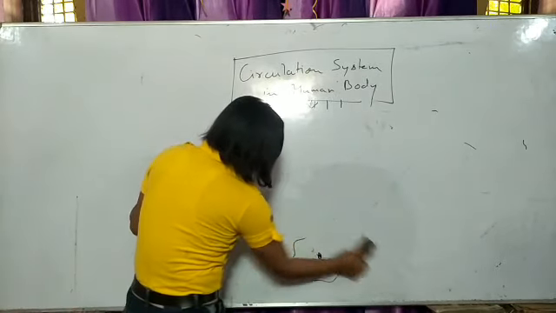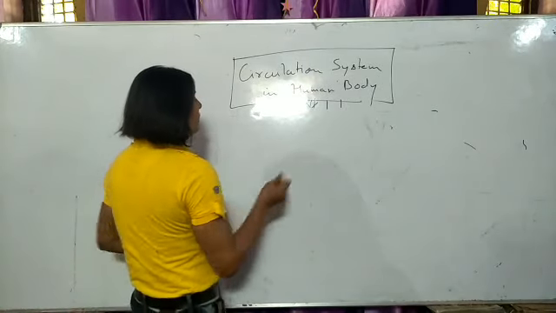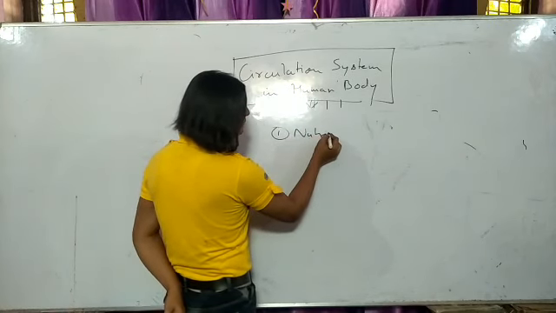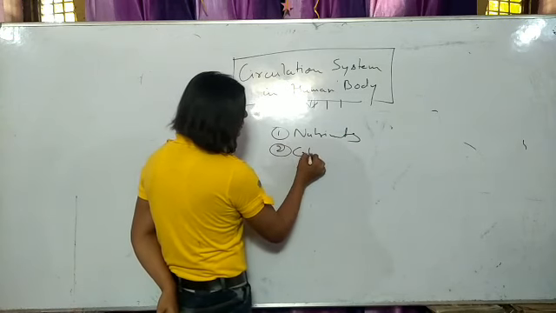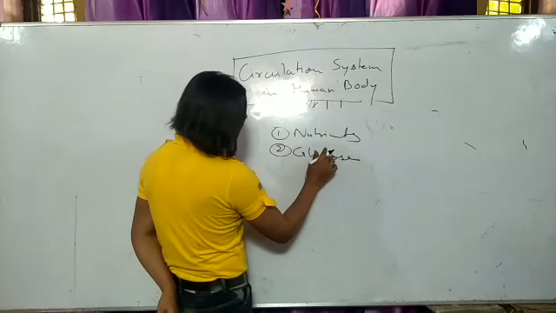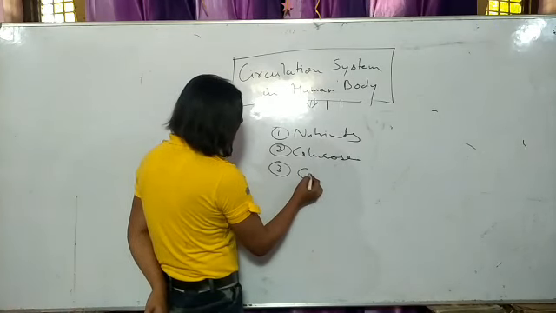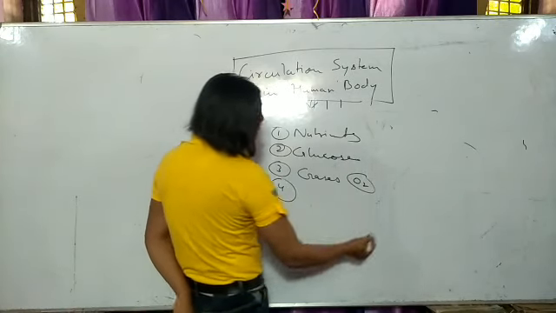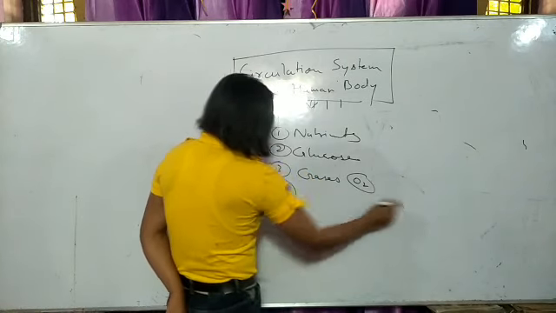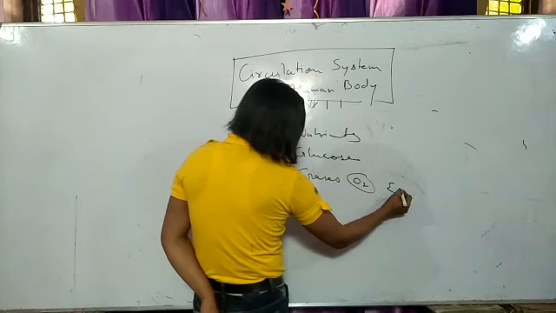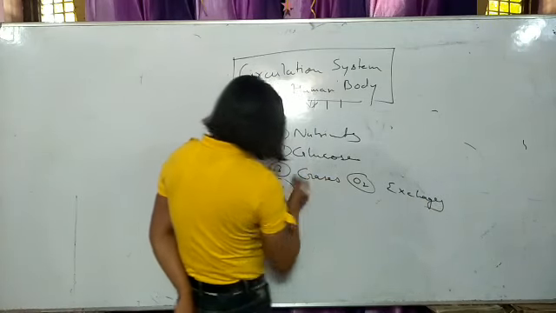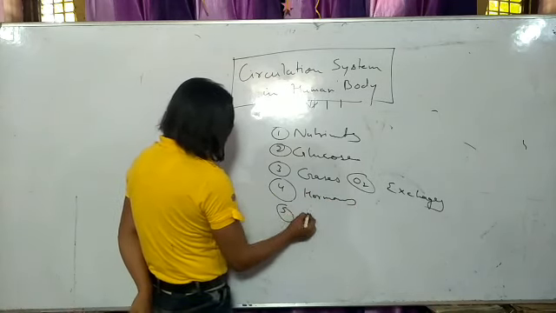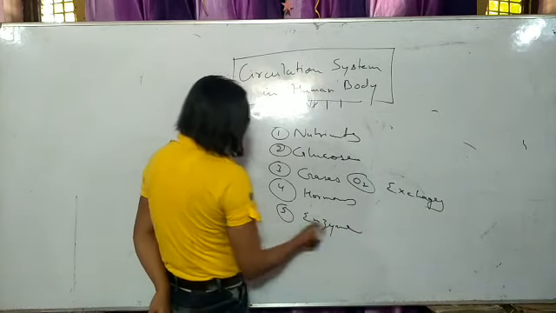So the circulation system is responsible to take, one, nutrients, second, glucose for energy, thirdly, gases just like oxygen, carbon dioxide. It is responsible for exchange also. So exchange of gases, in the case of gases, it exchanges them. And then hormones, enzymes, and many things